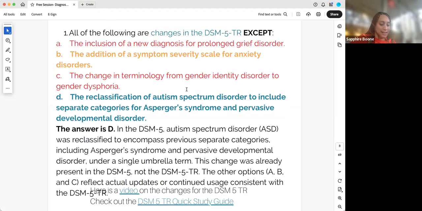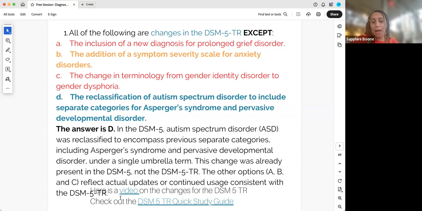So the answer to this is D. So the inclusion of a new diagnosis. So there is an inclusion of a new diagnosis called prolonged grief disorder. There is an addition of a symptom severity scale for anxiety disorders. And there's a change in terminology from gender identity disorder to gender dysphoria. So just wanting you to know these changes. And then also, I know